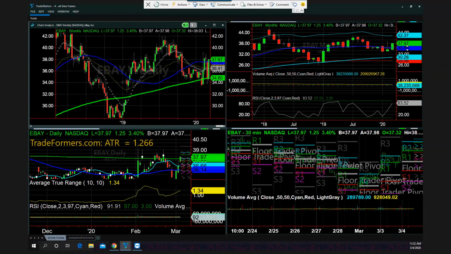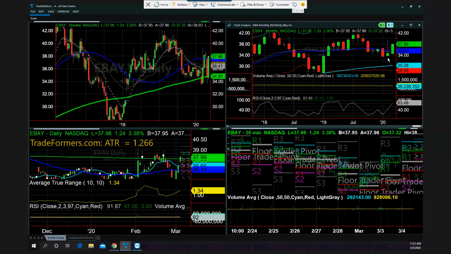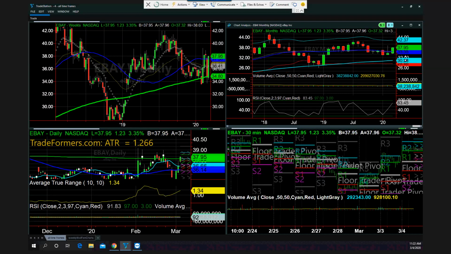Then I look over at the monthly chart. On the monthly chart, we can see there's an 80-month moving average right here. That to me is an extremely important business cycle. That's about 6 years, which generally is what a business cycle is. It retraced to it back in 2018, and after we had the big correction, it held it in 2018, but now we didn't even get close to it. We tested what is a shorter term, about a 2-year or 23-month trend, and it's back through it again. And in fact, look at that. It's having an inside month, which means it's right inside the range that it made in February.